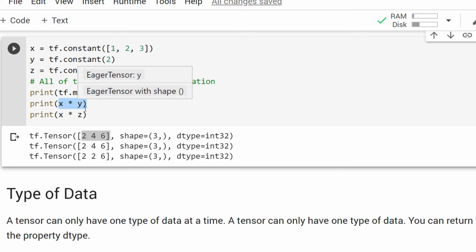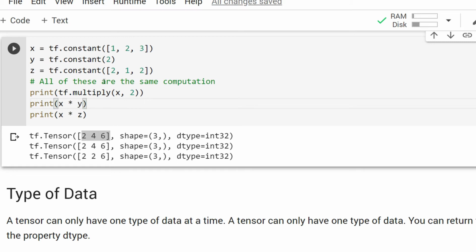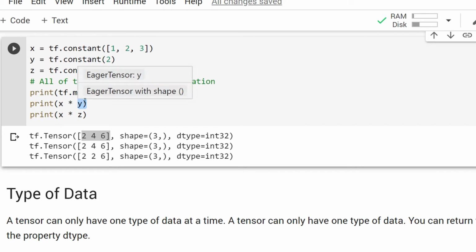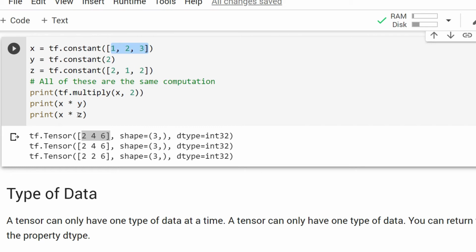So this is an element wise multiplication of y with every element of x. So x is 1, 2, 3 and y has a value of 2, so 2 is multiplied with every element of x. Similarly z, so corresponding elements are multiplied: 1 into 2, 2 into 1, 3 into 2. So it is 2, 2, 6.